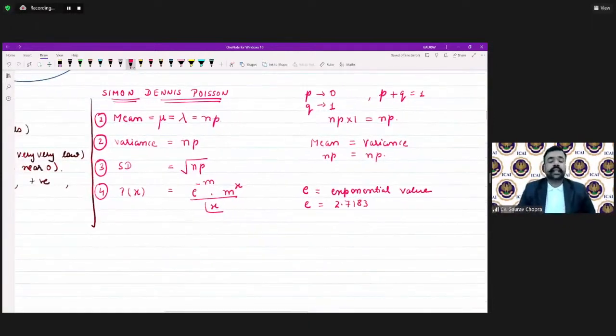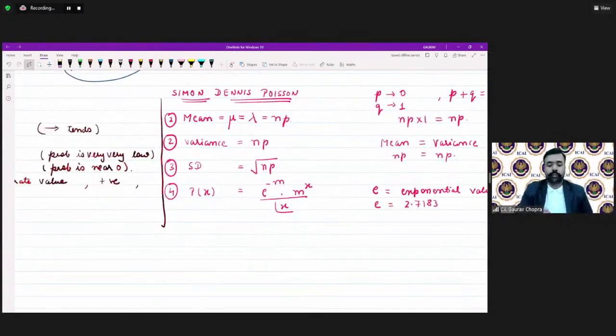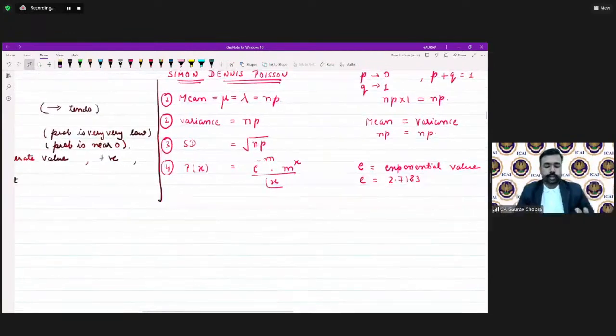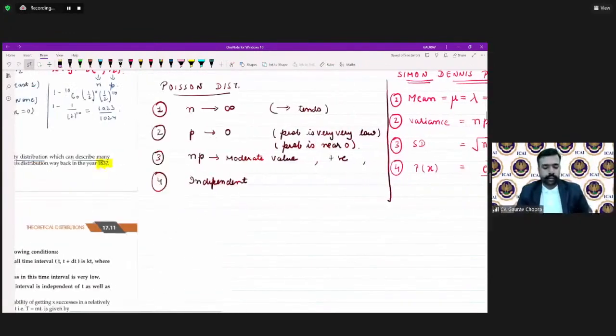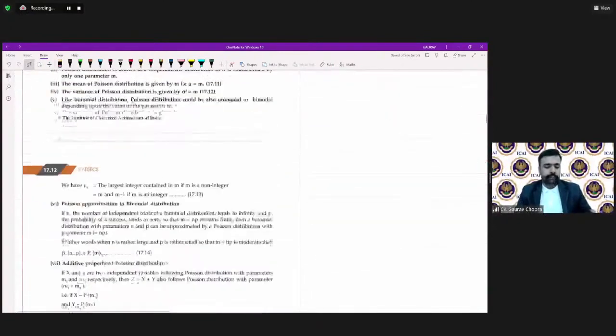So these were the basic conditions and formulas for calculation of Poisson distribution. Now we will take some questions based on all these formulas. And before that, we will take one more thing, that is application. What is the application of